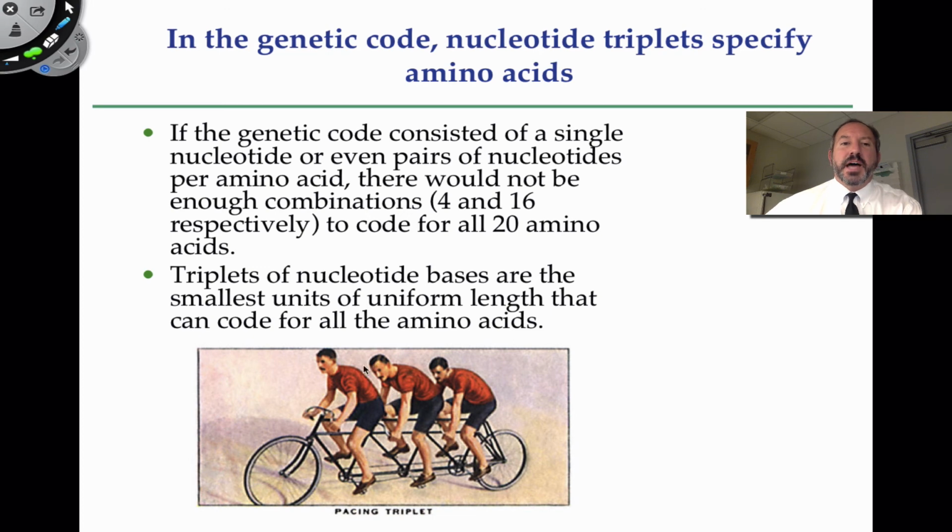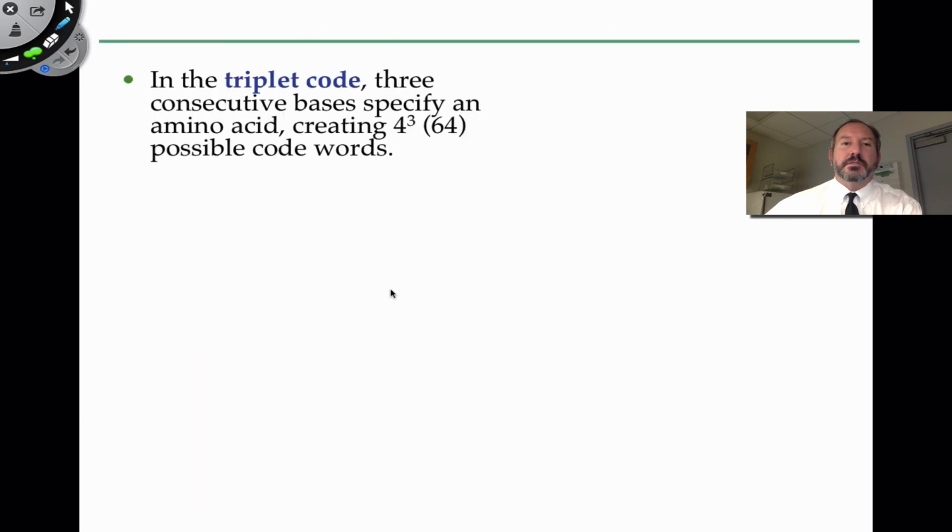So that's what codes all of the amino acids. So the triplet code, 3 consecutive bases in order. They're linear. They need to be read in a certain orientation, I'll mention that in a moment, from left to right. And also, when you think about it, if there's 4 nitrogen bases and you read them in groups of 3, that's going to create 64 possible word combinations.